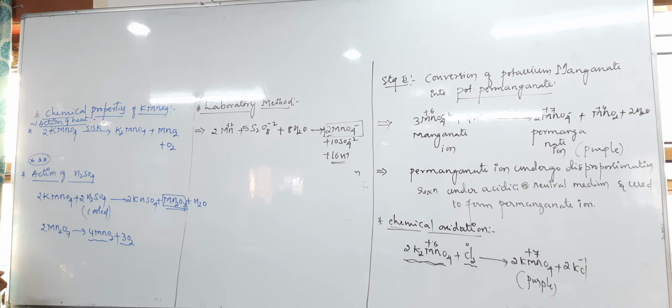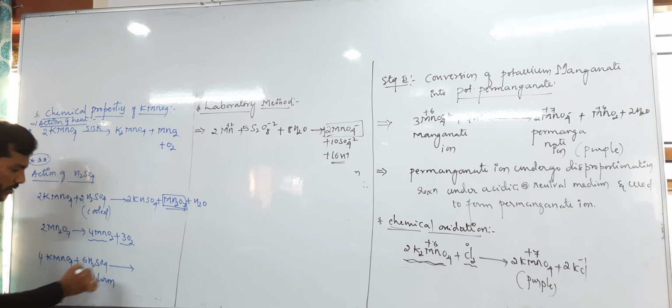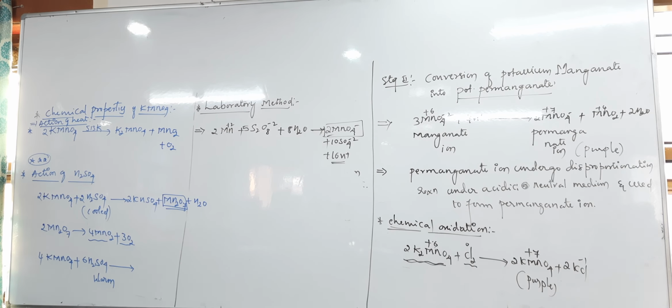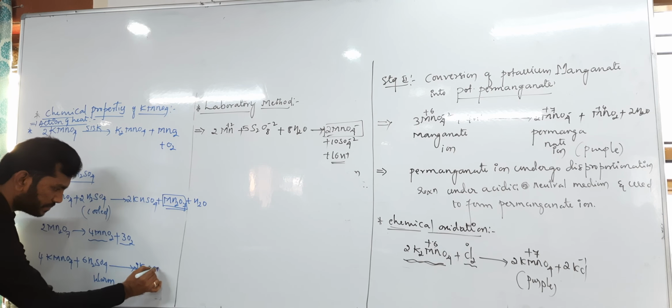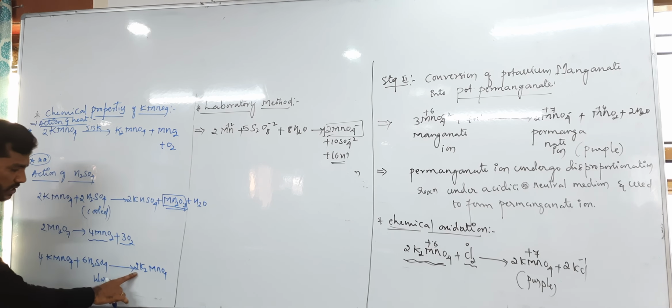Now suppose we have warm sulfuric acid, so if there was warm sulfuric acid, what is actually going to happen here? KMnO4 reacts with H2SO4 which is warm sulfuric acid. Okay, if I take 6 moles of sulfuric acid or if I take 4 moles of KMnO4, what would you expect here guys? What can we expect here? Okay, you just think of that. So since we have 4 moles of KMnO4, I will get 2 moles of potassium, so 2 moles of 2K2